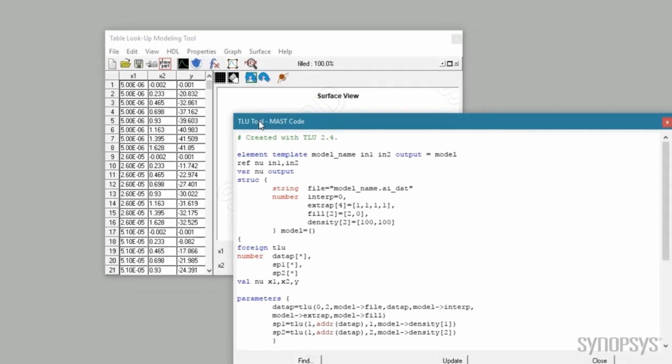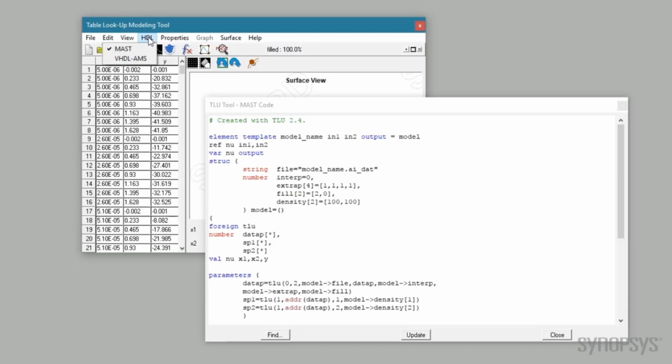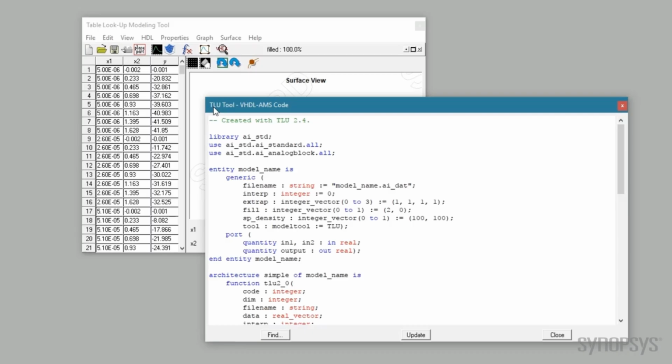Selecting the View HDL icon brings up a new window showing the model. By default, it is written in masked HDL. The HDL menu selects between masked and VHDL AMS, with the HDL window reflecting the changes. Let's look at how the data will be accessed. There's a line that references a file called model_name.ai_dat. This configuration reads the external file, making it easy to change the underlying data without changing the HDL of